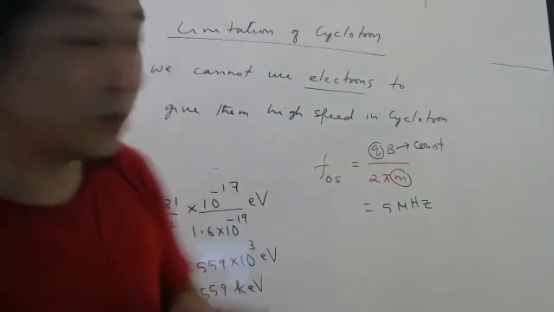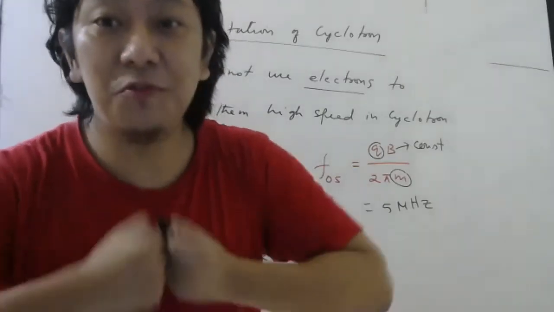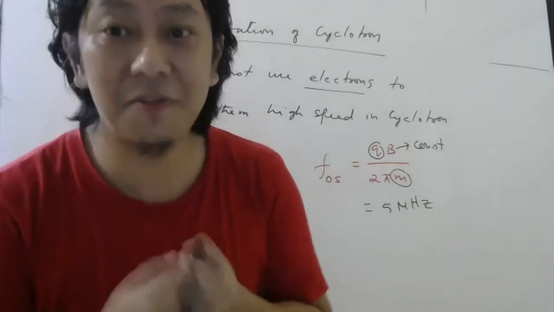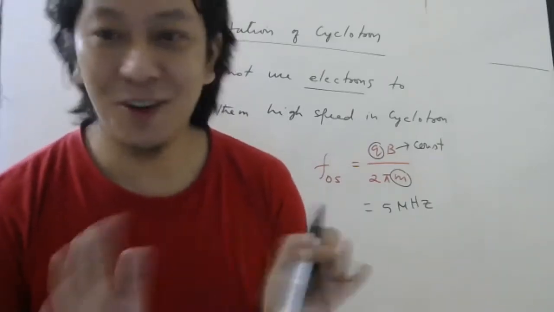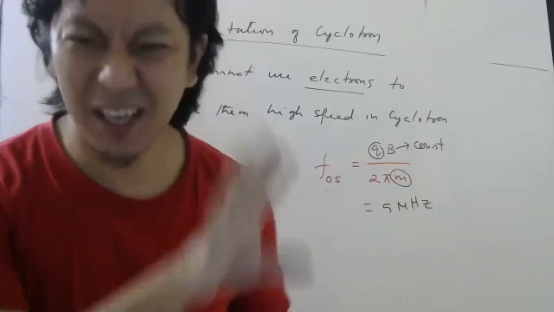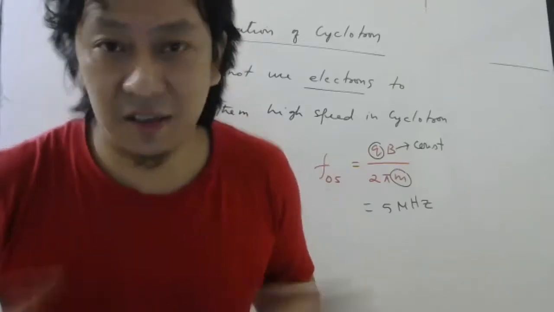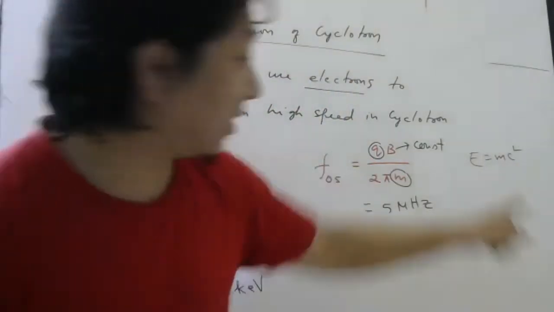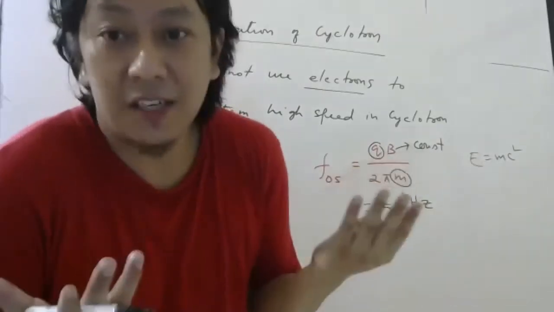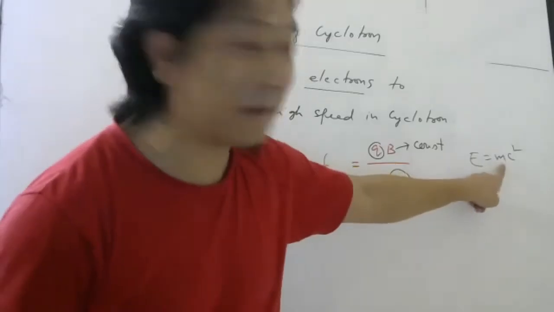Understood? The problem with electron is, Einstein discovered that when things move very fast, their mass increases. How, why, I will not go into the details. I have already explained to some students that when something moves very fast, it gains kinetic energy. We all know that. Now Einstein discovered this formula, E equal to mc square. So when it gains kinetic energy, it gains energy. Kinetic energy is also energy. Once it gains energy, according to Einstein, it should gain mass also.